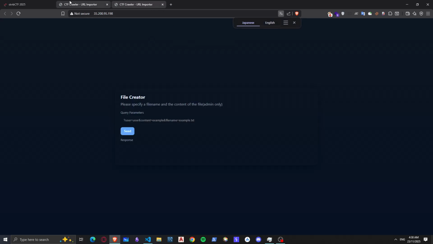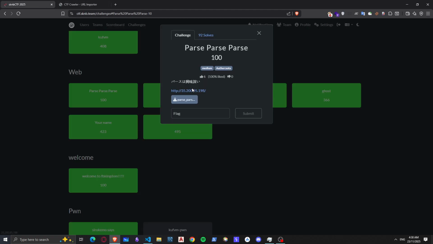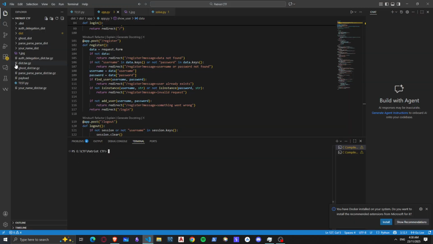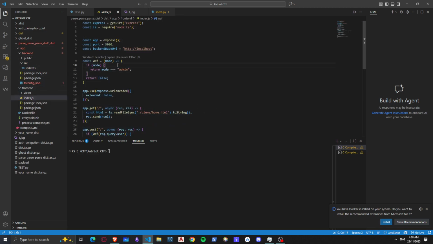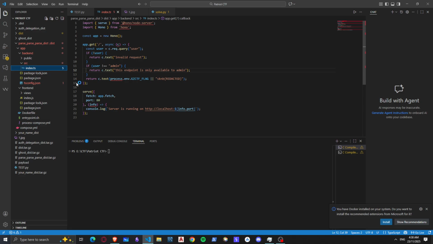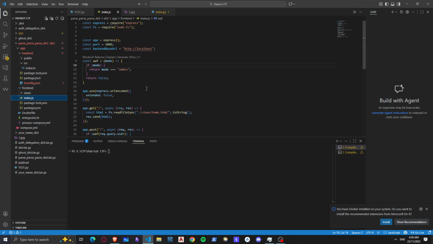Bars. It's a CTF crawler or URL importer, and we have the source code right here. So let's see bars. We have a front end and a back end. The front end is written in JavaScript and the back end is written in TypeScript. Well, if we view the source code here, we can see,